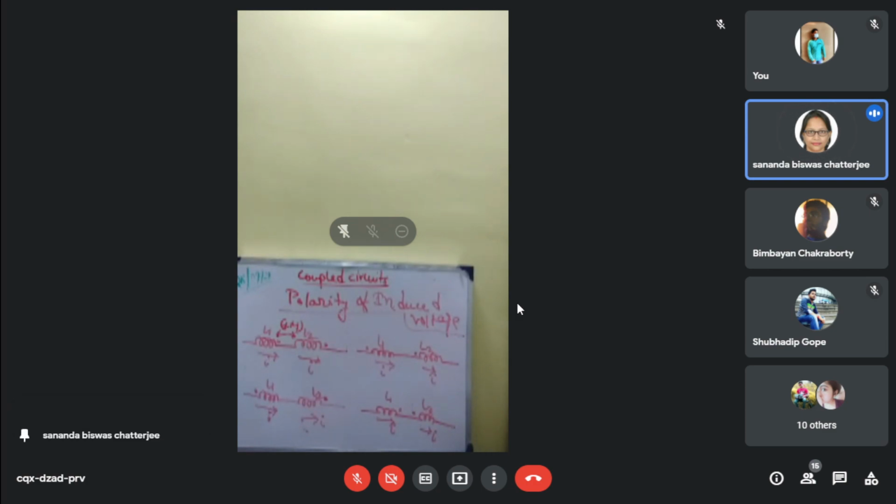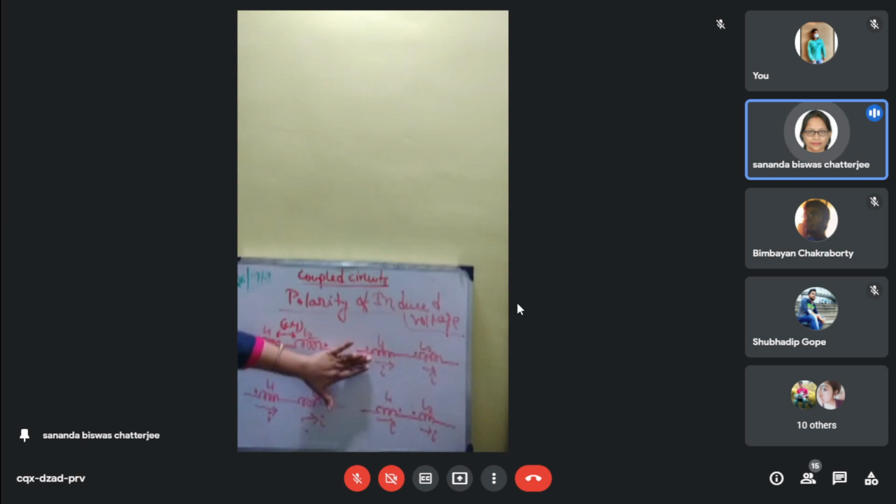Okay. In the next figure, if you are saying this one is entering, then this will be leaving. And if you are saying this is current entering, then this is current leaving. Just note where the dots of the coils are. In this coil, the dot is over here. In this coil also the dot is at the end, right? So it is plus M.